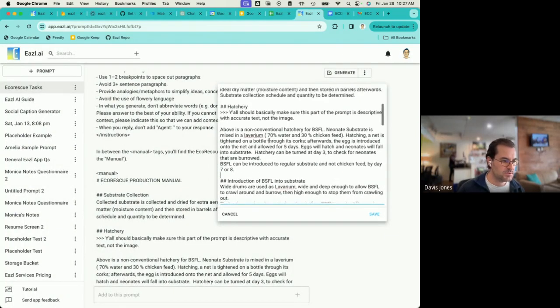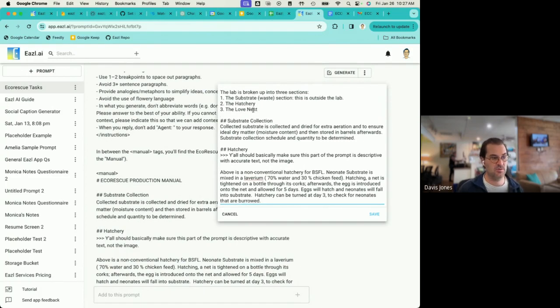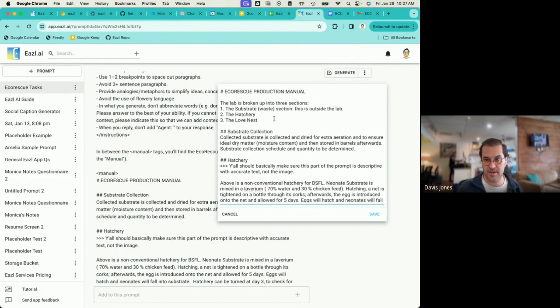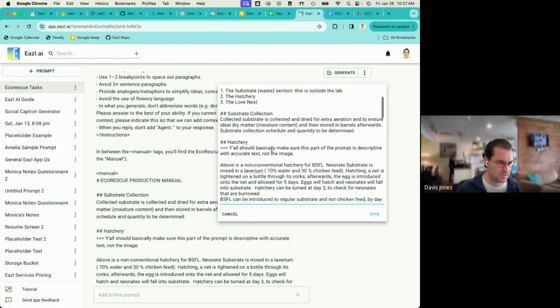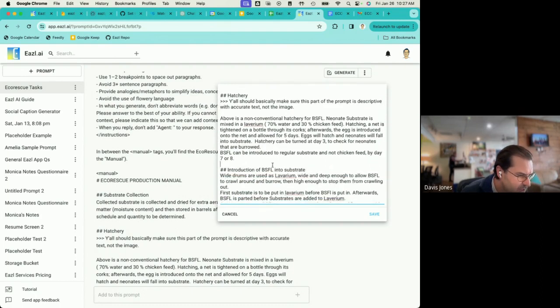Okay. So it looks to me like our organization here is a little bit off. I would like to see the organization of your production manual align with the sections because I think it'll be easier for the AI to reference it. So you've got hatchery, and then this introduction of BSFL is the flies, right? Right.